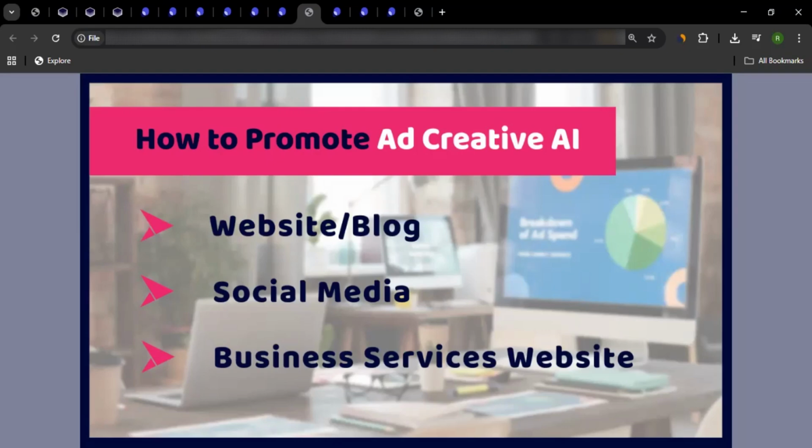So this way, when people would read your blog post, if they like the product, they can simply click on that product link and you end up getting commission. Third way is social media. Now, I think social media could be great here because you could create different kinds of creatives through social media. You can create videos, reels, posts, and just put your tracking link somewhere in the description or the comments. This way, when your audience, when your traffic would click on those links, as usual, they buy the subscription,